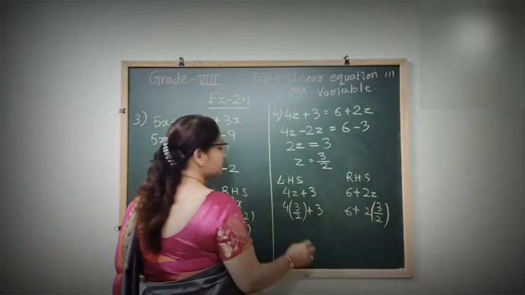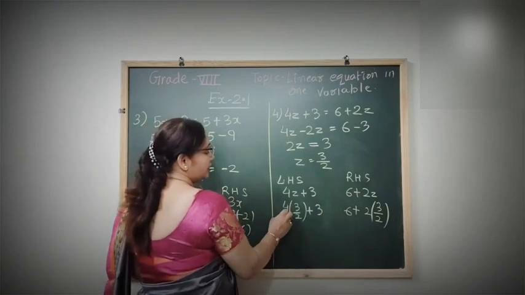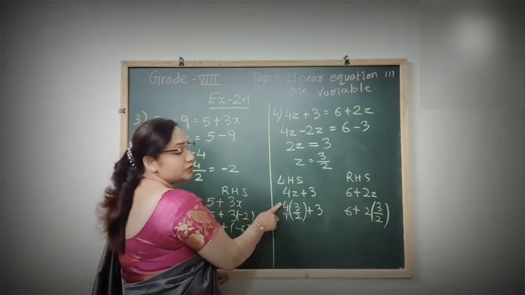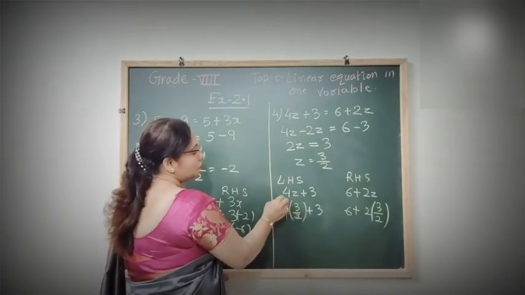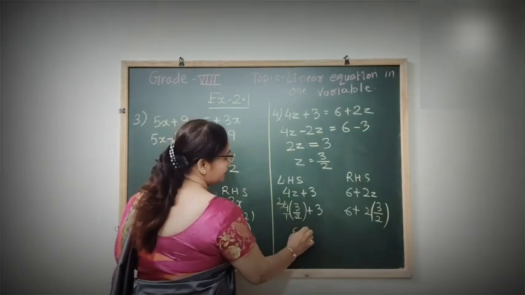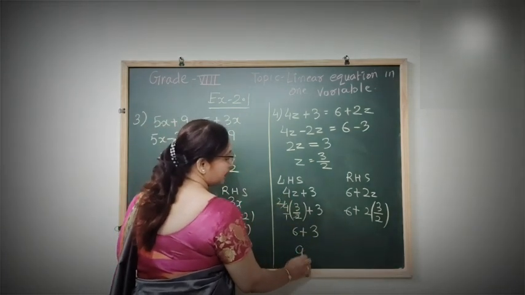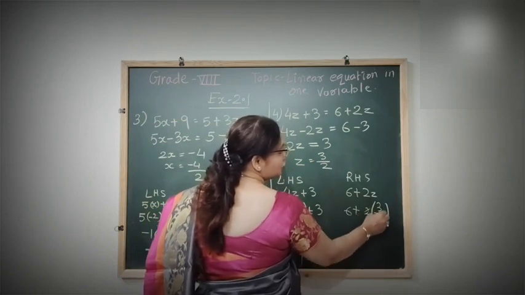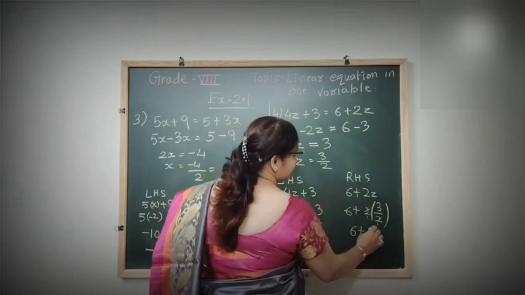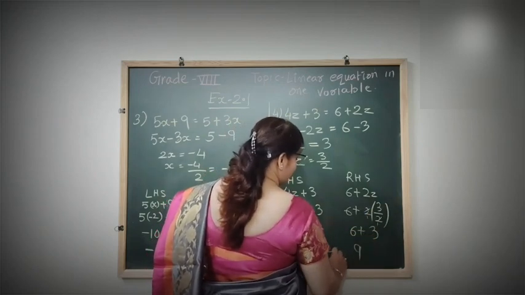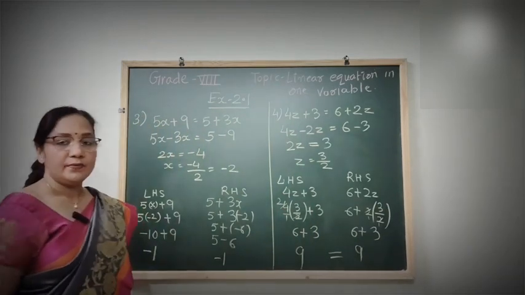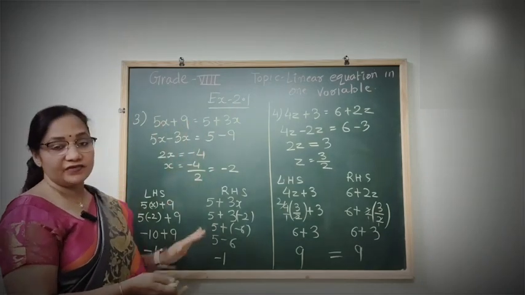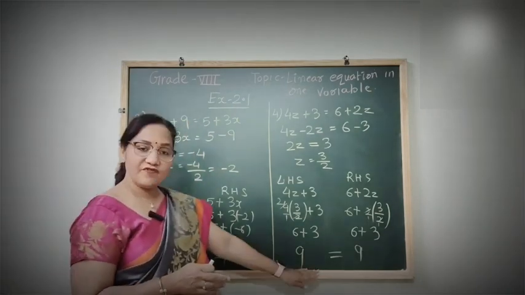Okay, now let's move. Here you can see 4 is having the denominator as 1. So you can use the cancellation method. So 2 2s are 4. So 2 3s are 6 plus 3 is equal to 9. Here also you can do the cancellation method. 2 1s are 2. So you are left with 3. So 6 plus 3 is equal to 9. So have you proved? Have you verified? Balancing the equation, as it is equal to sign, both the sides are having the same answer. That is what we have proved here.